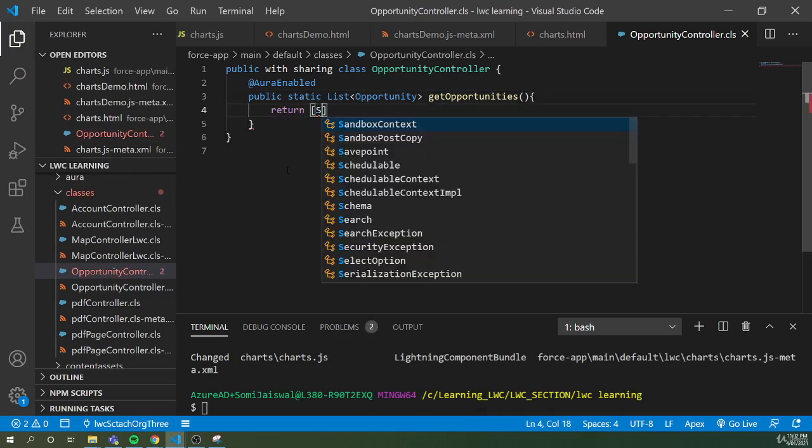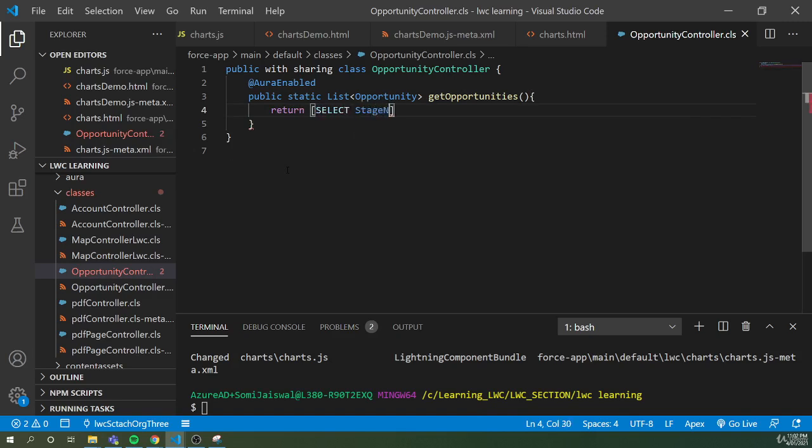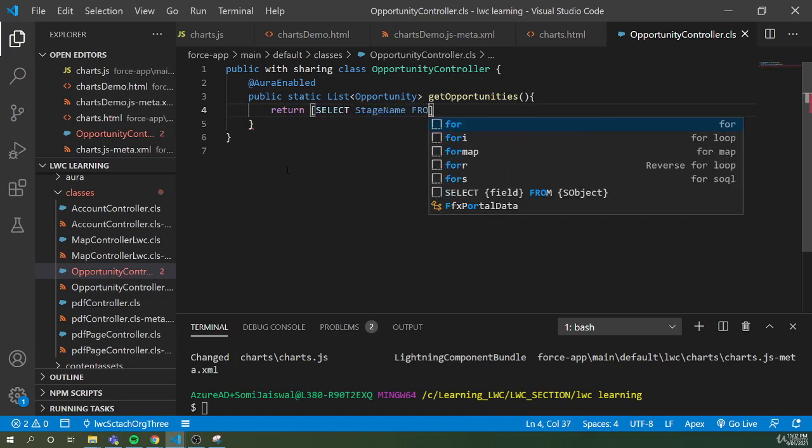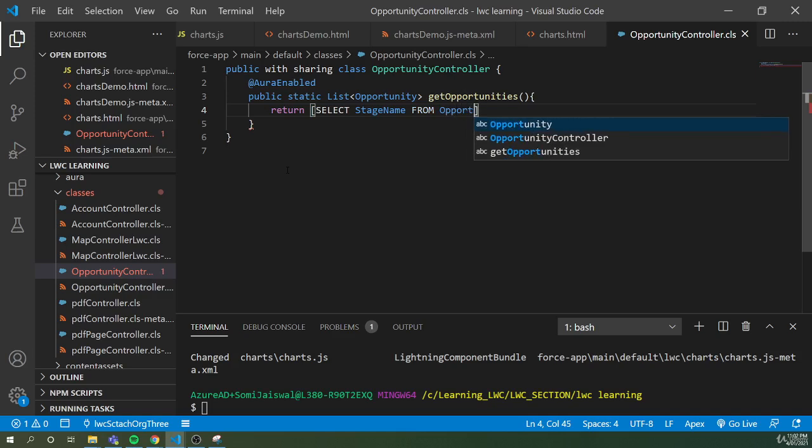We'll say return select name from opportunity,